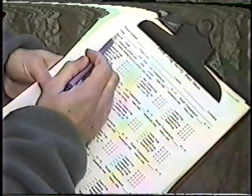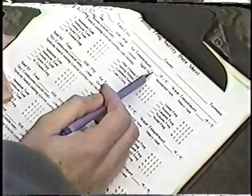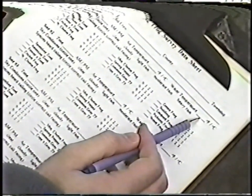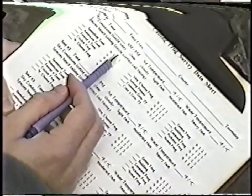For each site, you're going to record some data. Here we are at site number 1. Record the time, the air temperature, the water temperature if you can get it, and the sky conditions. Then you want to record the species that you heard calling. In your group, you need to confer with each other to make sure that everyone agrees which